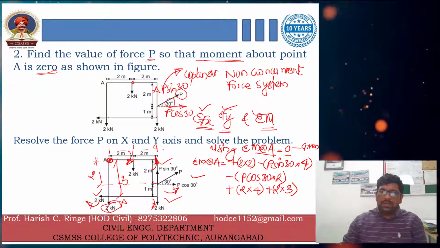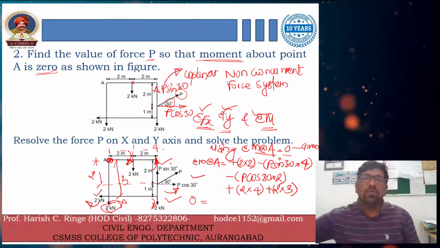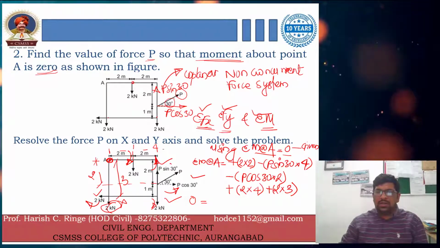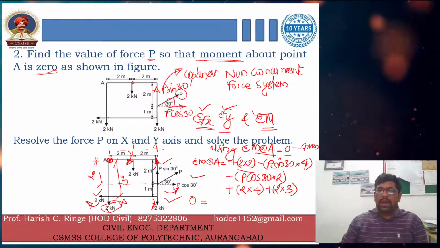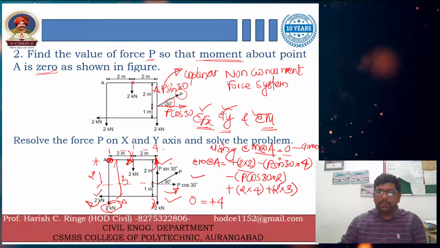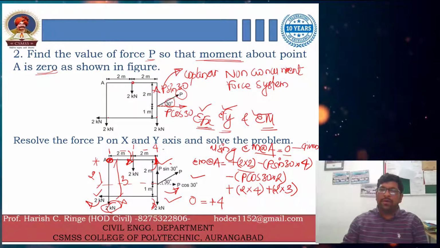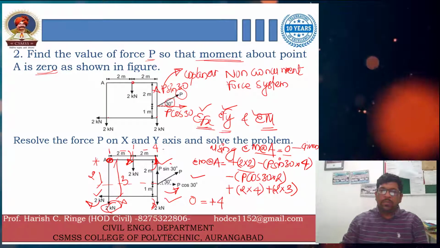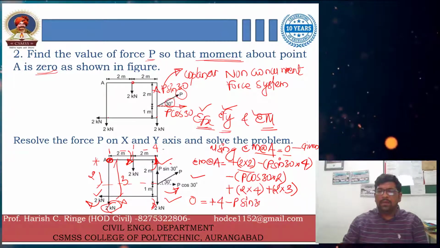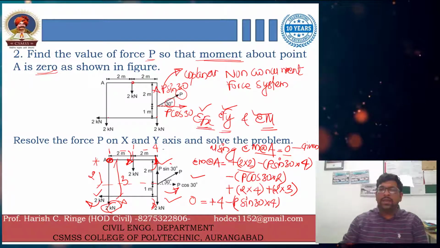So what are the values? The summation of moment at point A is equal to 0. उसके बाद में हम लोगों को कैलकुलेट करना है हर एक वैल्यू along with their sign convention. So 2 into 2, this particular value is nothing but 4. So plus 4. उसके बाद में P sin 30 into 4. We will write down as it is because we don't have any of the value over here right now. So make that minus P sin 30 into 4. We are going to keep it as it is over here.